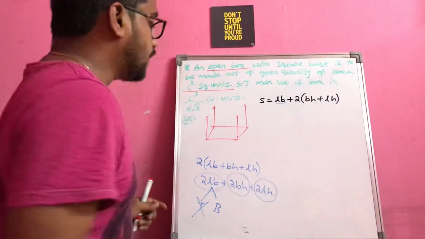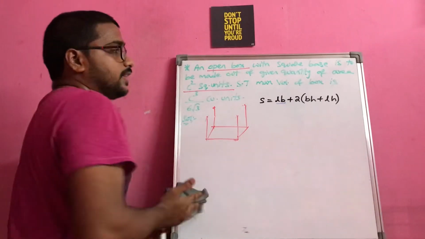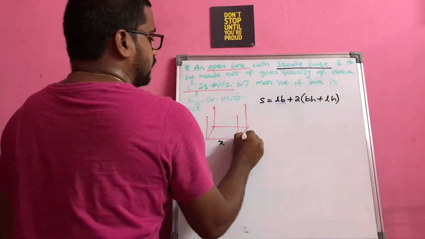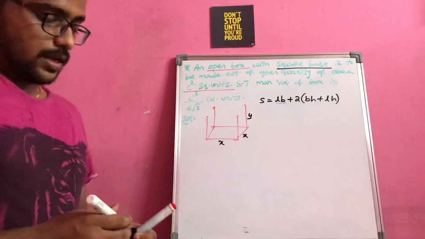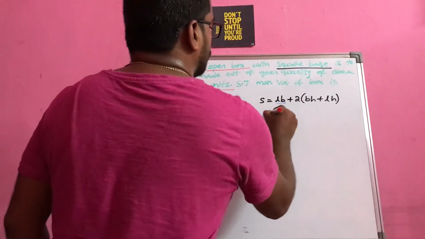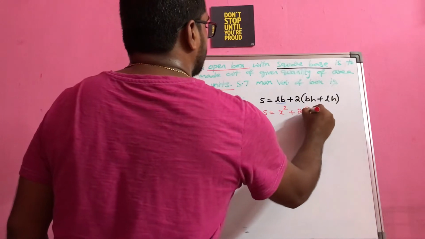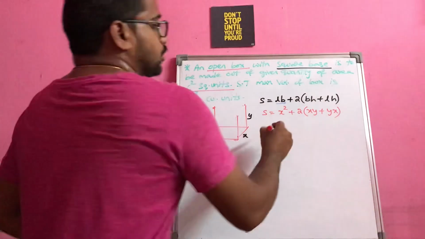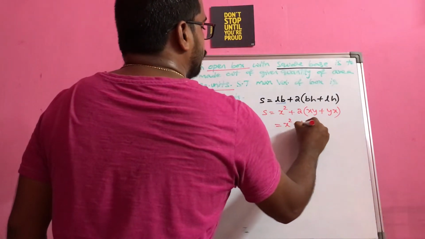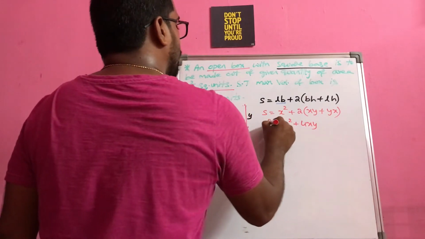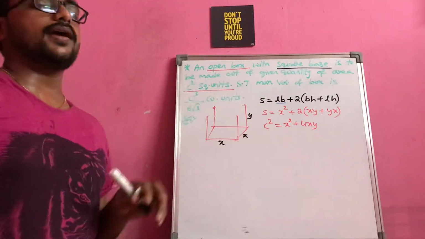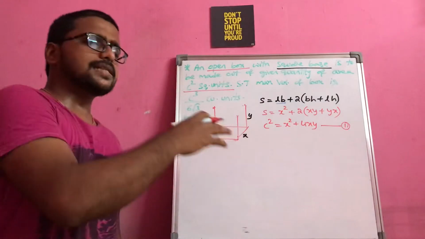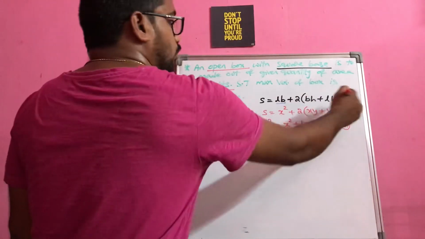Okay. Now another point comes here: they are saying it's a square base. It's a square base, indicating that the base is x and again you have y here. Now what is the value of S? It is x into x, x squared, plus 2 times xy, right? Because L and B are same. So you get x squared plus 4xy is equal to S, but they have given the surface area as C square units. So this is my required equation. Let us come back to this a little later. Now this is only what is given for us.